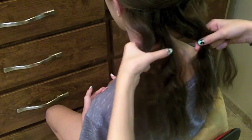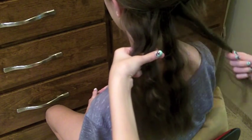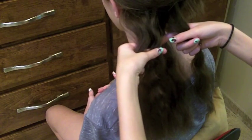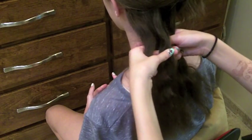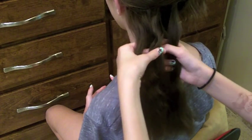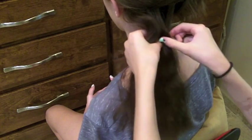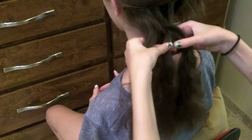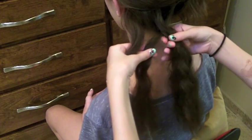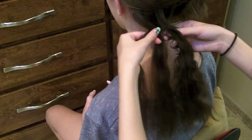I'm going to take the far section to the right and doing the same pattern with the over-under thing, except this time you have to go the same way every time. So I'm going to go over, and then under, and then over again. And then again I'm going to go over,